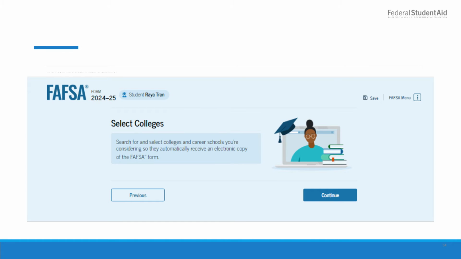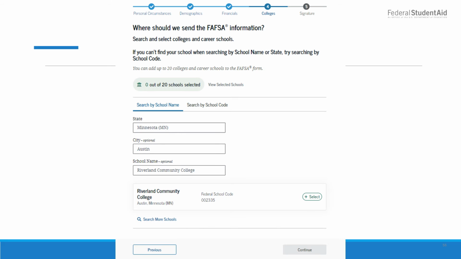Then the student is taken to select colleges. Student, and again, I recommend listing the state and city and ensure that you are choosing to find the correct college. Some things to note: it will indicate how many schools you have selected. And as you complete this process, for example, here we put in Minnesota and Austin, did the search, Riverland came